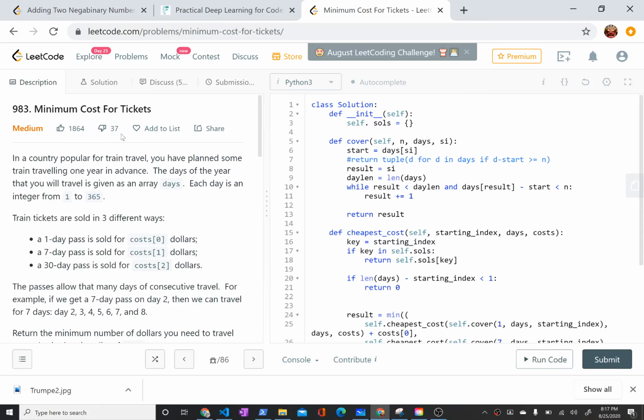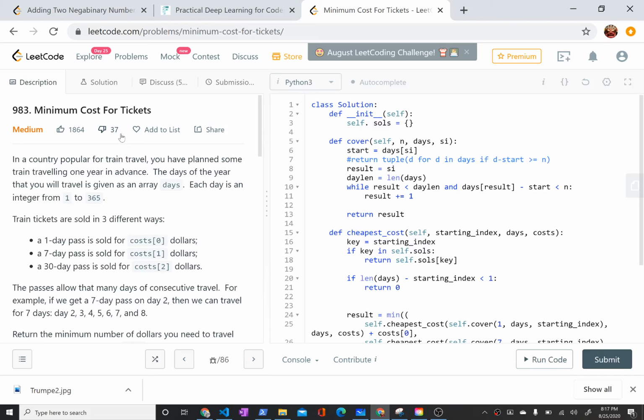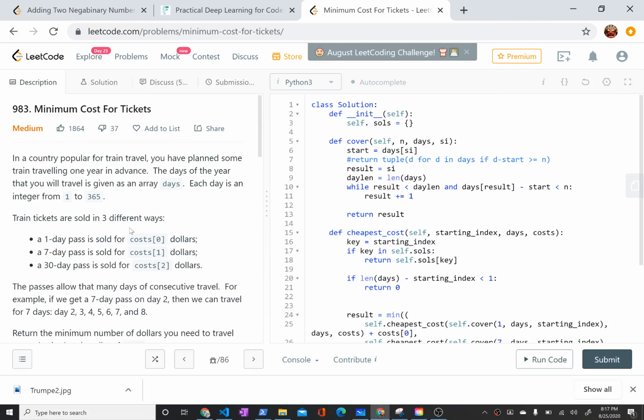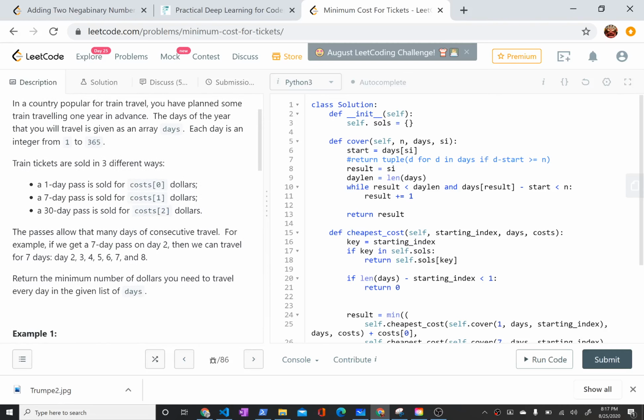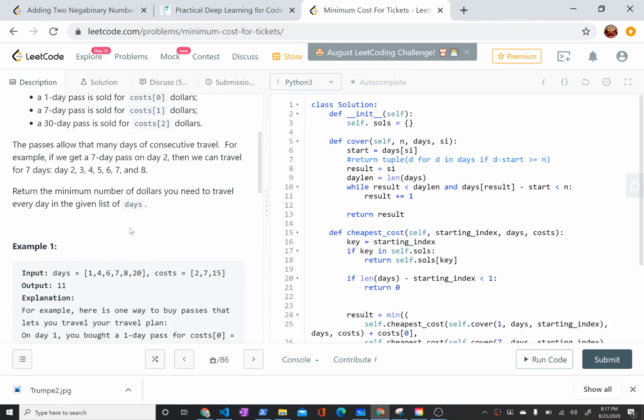Hi, today I'm talking about LeetCode problem 983, minimum cost for tickets. This problem asks you to write a function that will take a list of days and a list of costs. And so days works by having a number of days that you're going to want to have a train ticket for. So in this example, you want to have a train ticket that covers day 1, 4, 6, 7, 8,